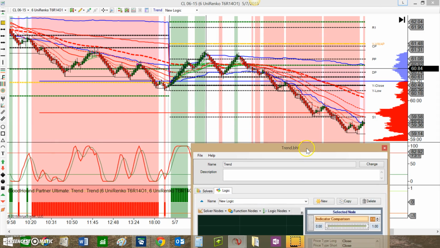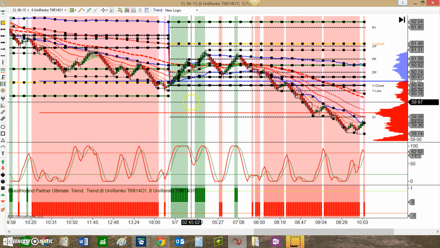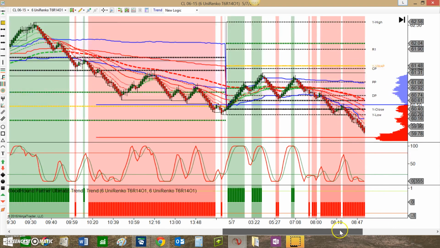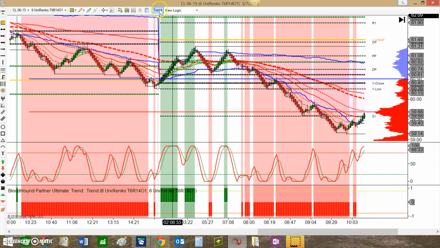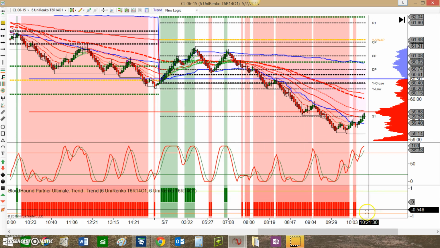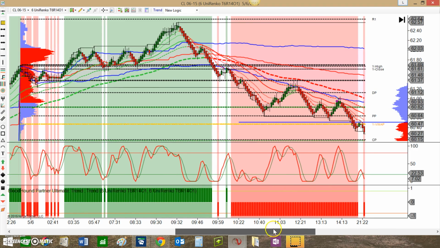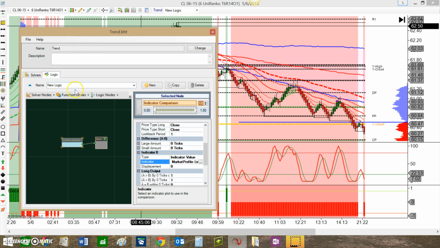So I like using this indicator with BloodHound because I can set it for trend outside the value area low, or if I want to take trades outside of the previous value area high or low inflections. There's a lot of different ways to set up the indicator to use with BloodHound. If you want to just set up inflections,